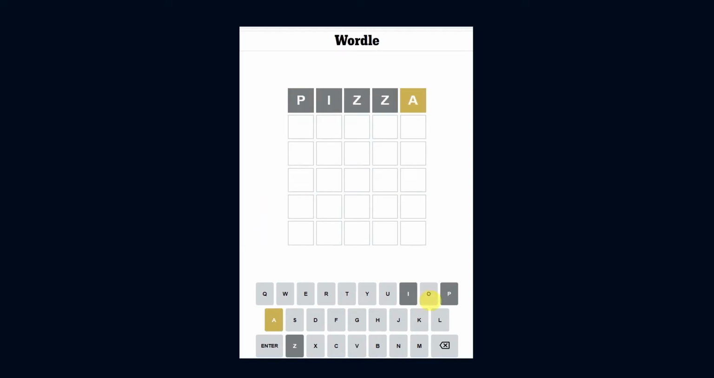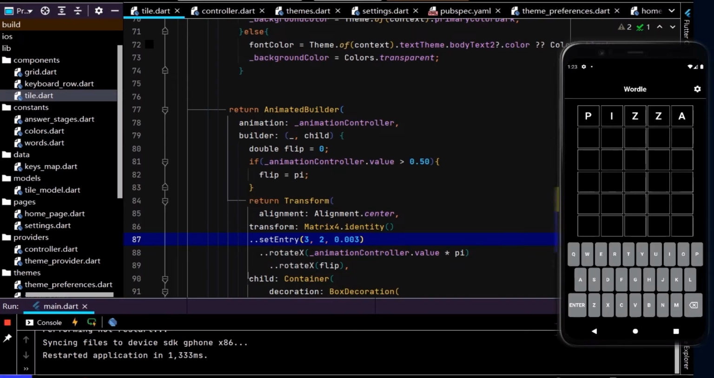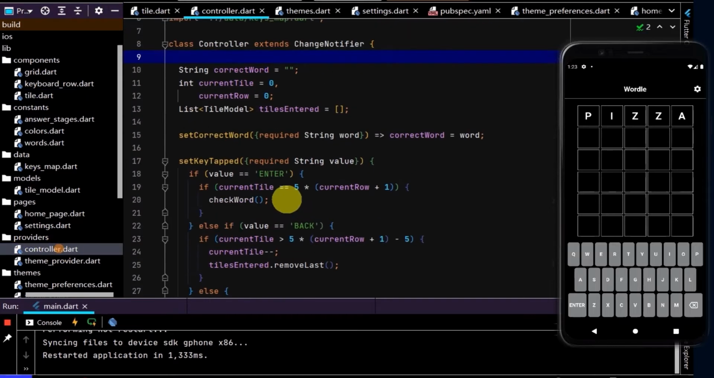Looking at Wordle again, if we type in another word, we can see the tiles flip over one by one. So let's also update the app to have that similar effect. So to have this animation run when the user actually presses enter, let's go to the controller, and I'm going